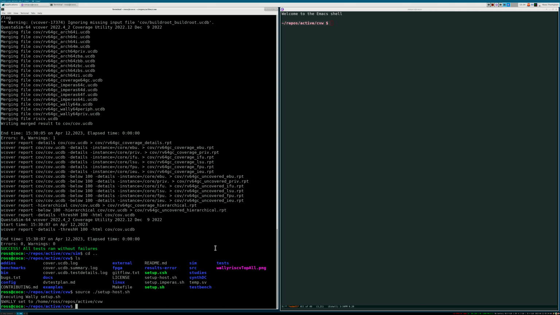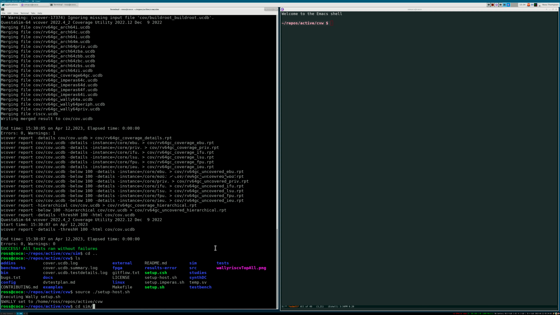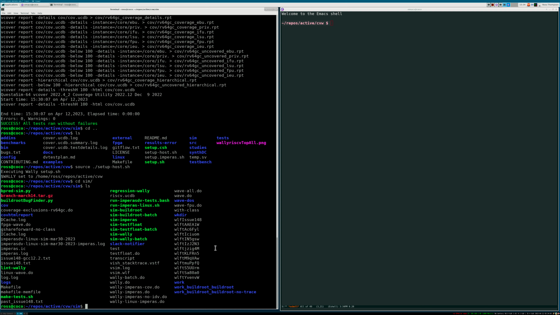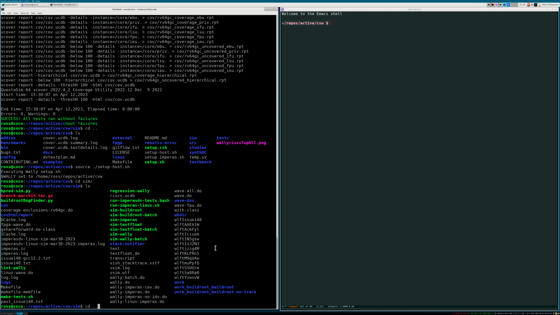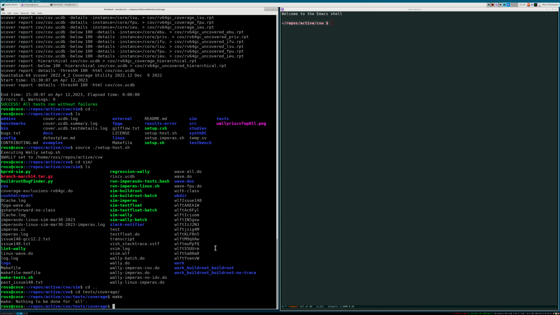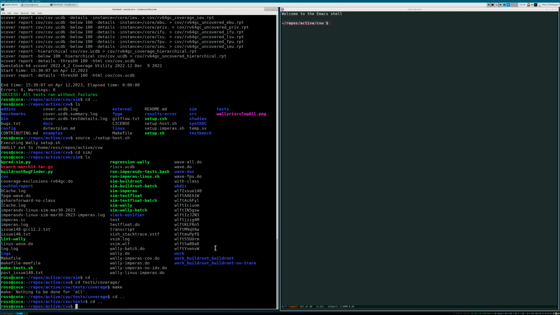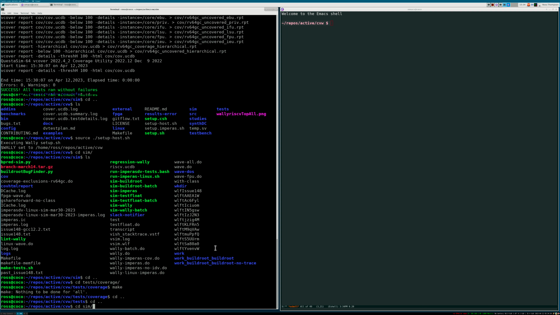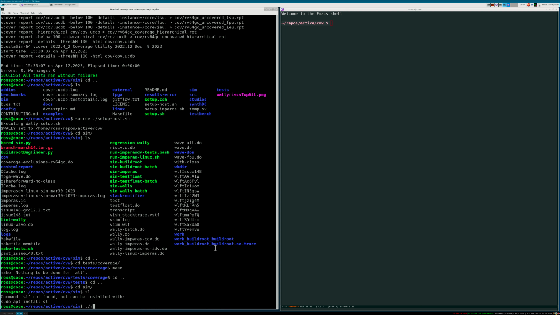Alright, so the first thing we want to do is compile the coverage tests. To do that, we need to go to the tests/coverage directory, and we run make. In my case, I haven't changed the tests since I last compiled, so there's nothing to make. So we're going to go back to the root directory, and then we're going to go into the simulation directory, and then we're going to run